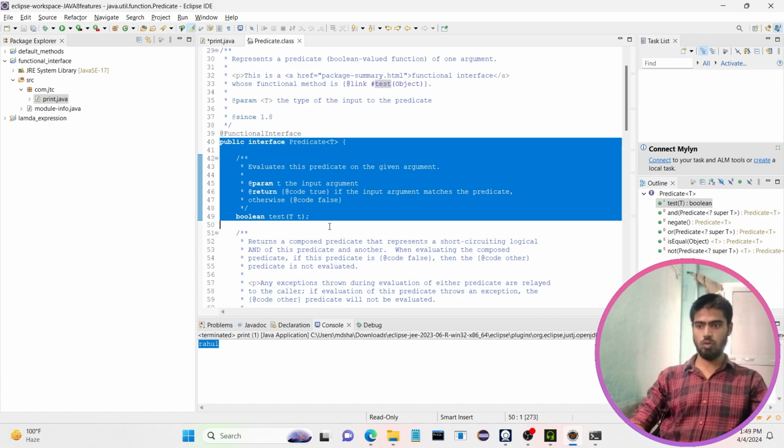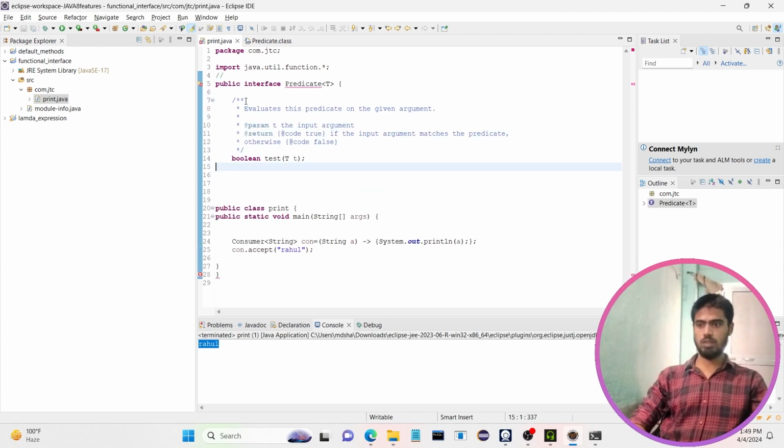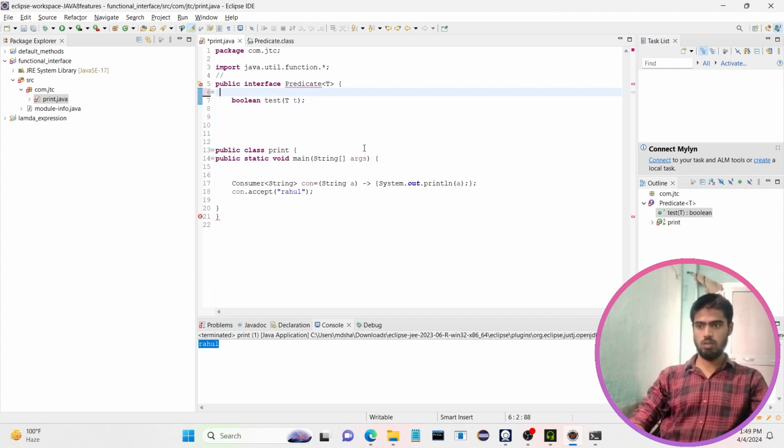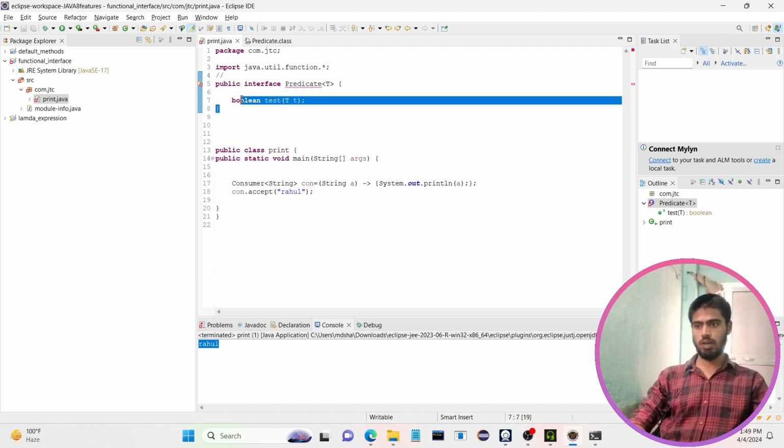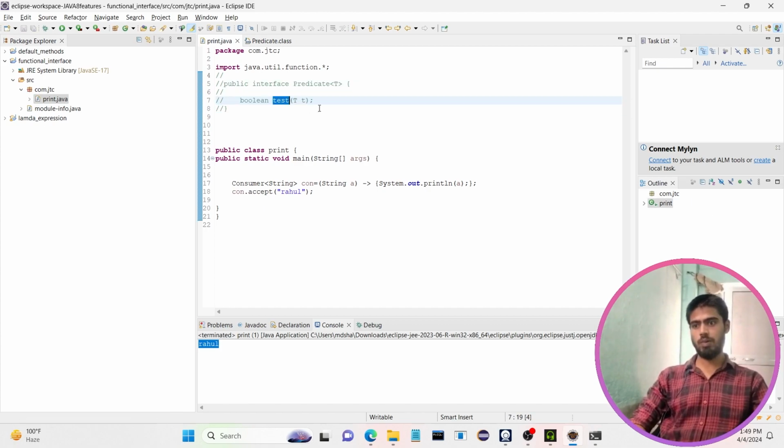Means let's copy and paste it here. This is a built-in functional interface. Suppose we want to work with the Predicate functional interface. So the Predicate functional interface is having one single abstract method, which is test. So what lambda expression are we going to write for this test method? It is going to take, suppose, a string,